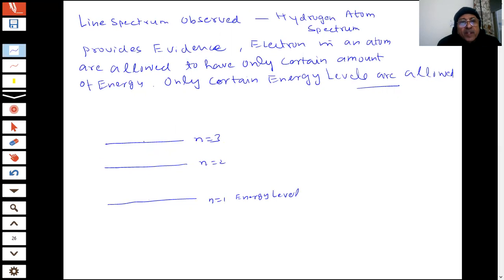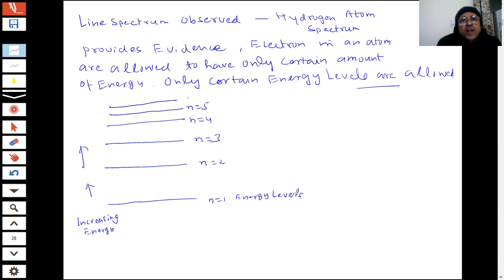This is where the electron can be. This is where the electron can be. If the electron was everywhere, then a continuous spectrum would be obtained. Then I am saying, okay, this is n equal to 4. The energy gap is decreasing, the energy is increasing. Increasing energy, students, as you go from lower to higher. These are my energy levels. Lowest energy level, 3, 4. Then I am saying n equal to 5, students. Then I am saying n equal to 6.